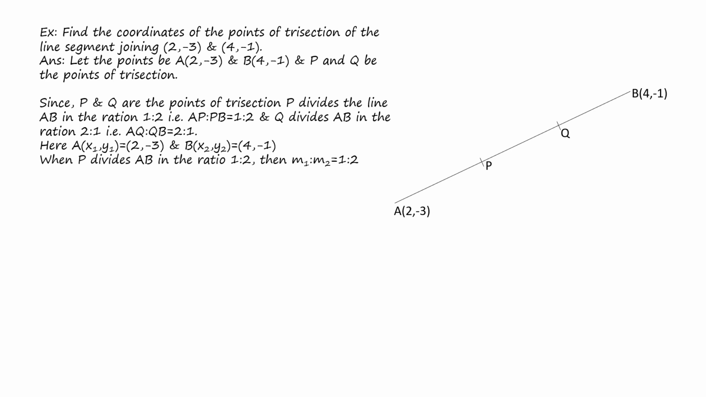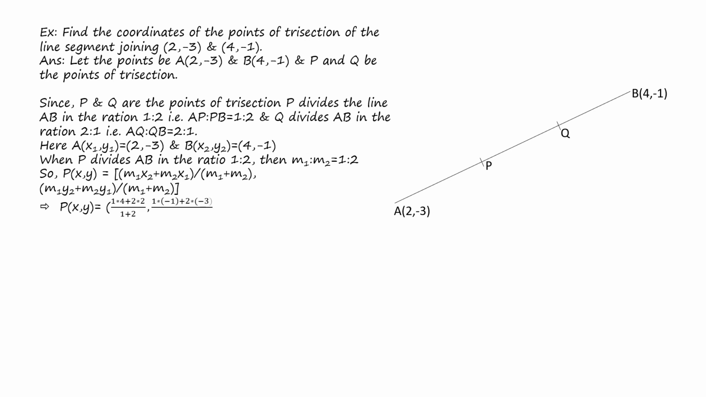When P divides AB in the ratio 1:2, that means m1:m2 equals 1:2. The coordinates of P(x, y) can be written as (m1x2 + m2x1) divided by (m1 + m2), (m1y2 + m2y1) divided by (m1 + m2). Or we can write P(x, y) is nothing but (1 into 4 + 2 into 2) divided by (1 + 2), (1 into -1 + 2 into -3) divided by (1 + 2), or it is nothing but (4 + 4)/3, (-1 - 6)/3, which is nothing but